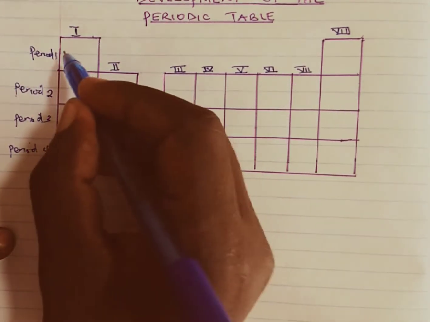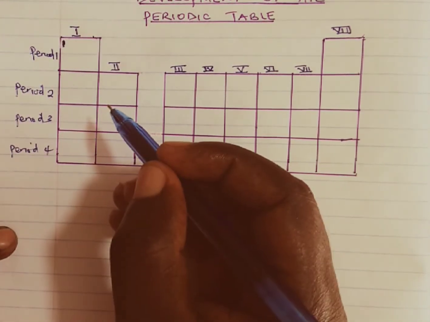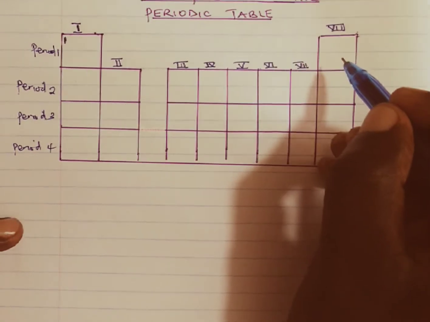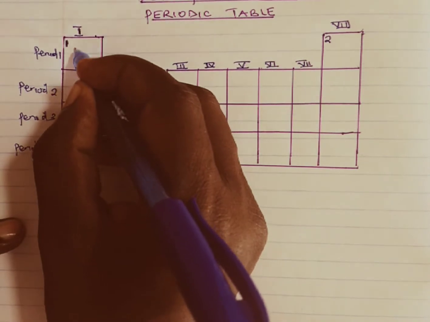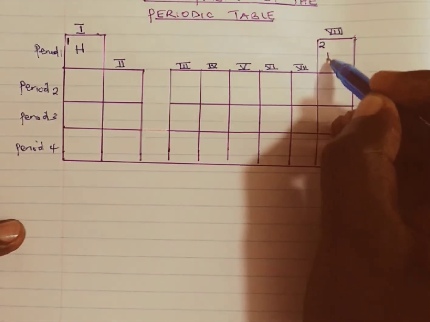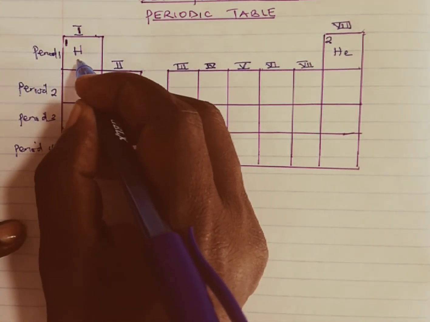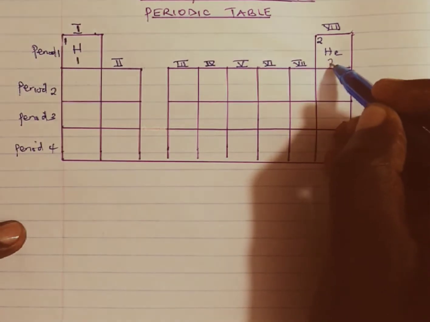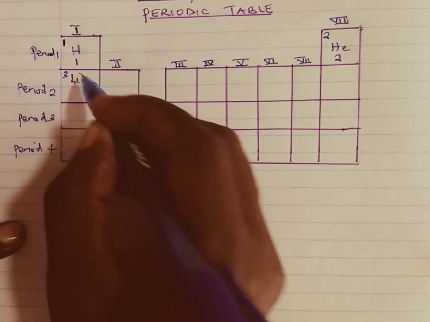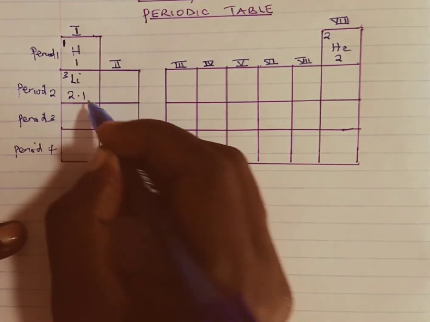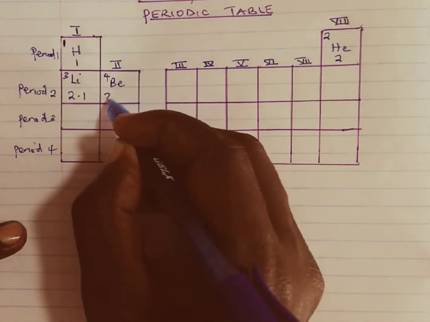So the first element, which is hydrogen, takes atomic number 1 or position number 1. Then helium, being the second, comes here such that we have hydrogen, then we have helium, and the electron arrangement of hydrogen is simply 1, that of helium is 2. Number 3, we have lithium with an electron arrangement of 2, 1. Then number 4, we have beryllium with an electron arrangement of 2,